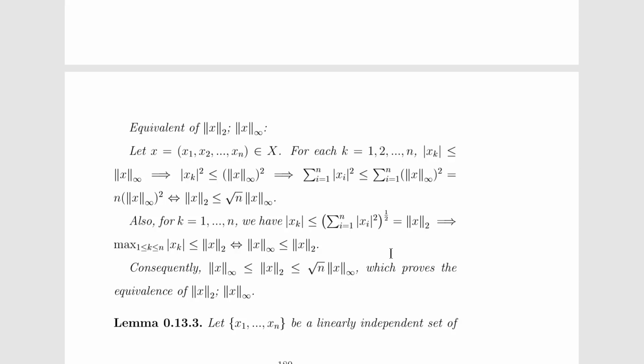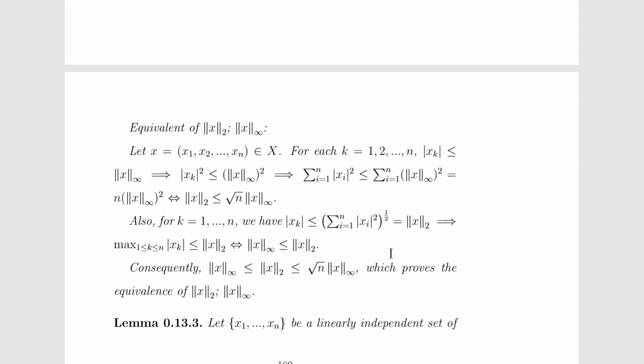Say that x belongs to X, and for each k from 1 to n, the modulus of xk is less than or equal to the norm of x over infinity by the definition. This implies that the modulus of xk squared is less than or equal to the norm infinity squared, which further,